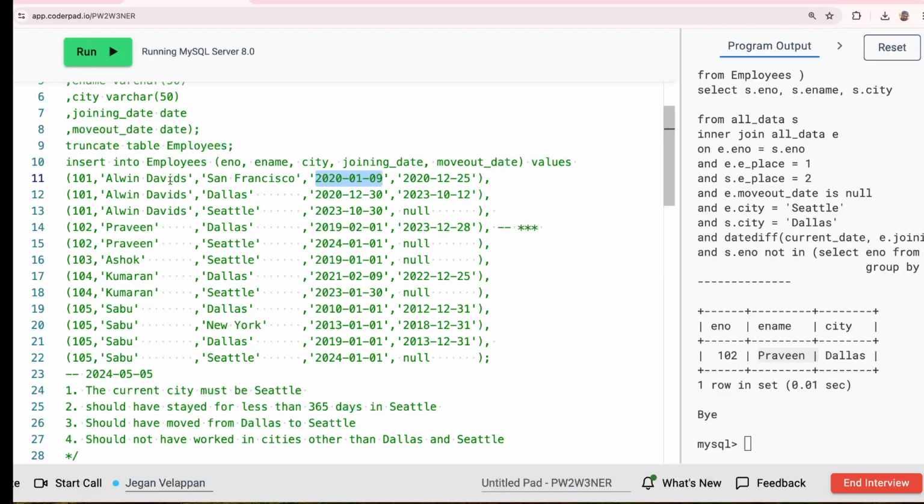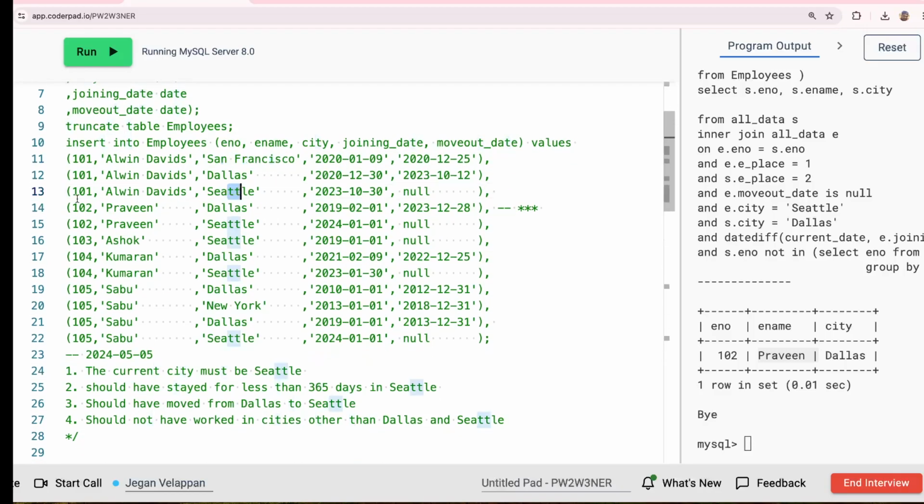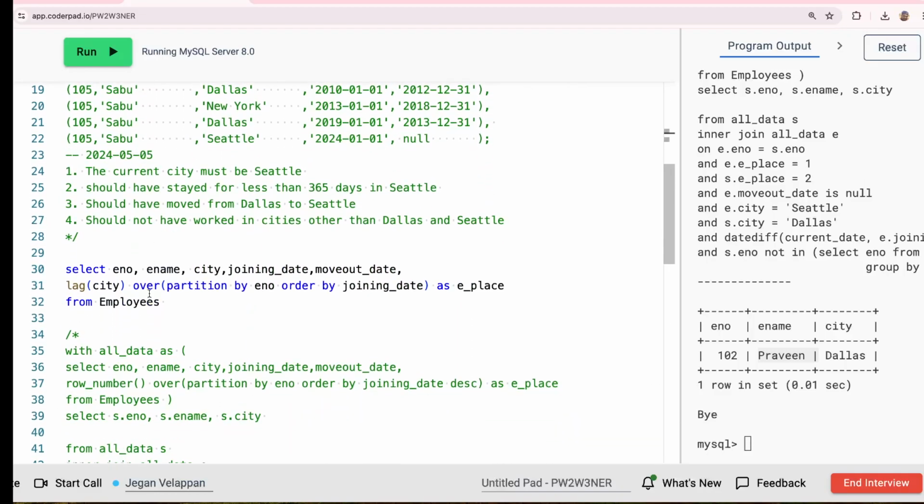There is no previous record for Alvin Davids from San Francisco, so the previous record is going to be null. But if you go to the second record, the previous record is going to be San Francisco. So for every record of the current employee 101, it will get the previous record. That is what the lag function does. So if I run this,